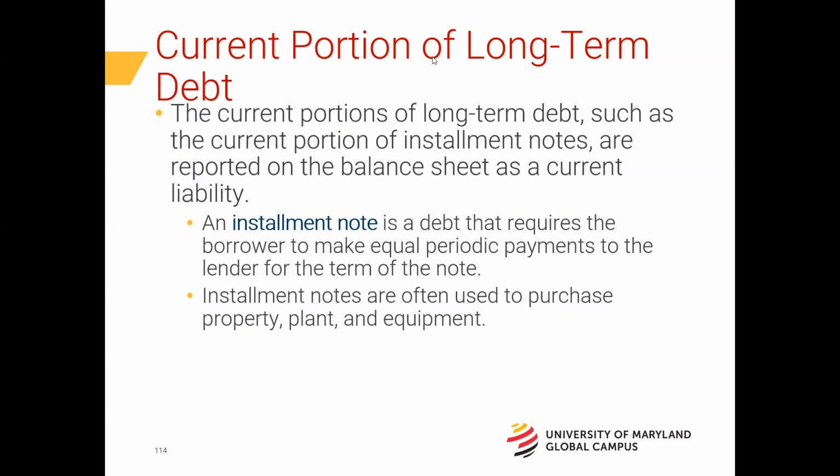You pay them typically over more than 1 year. But there's a current portion of that long-term note. The mortgage company still gets their money at the first of every single month. I don't just pay them in 12 months installments on long-term debt. No, it doesn't work that way. I pay them the current portion. The current portion of a long-term loan is that first 12 months. That's the current portion of a long-term debt. And this is very, very typical.